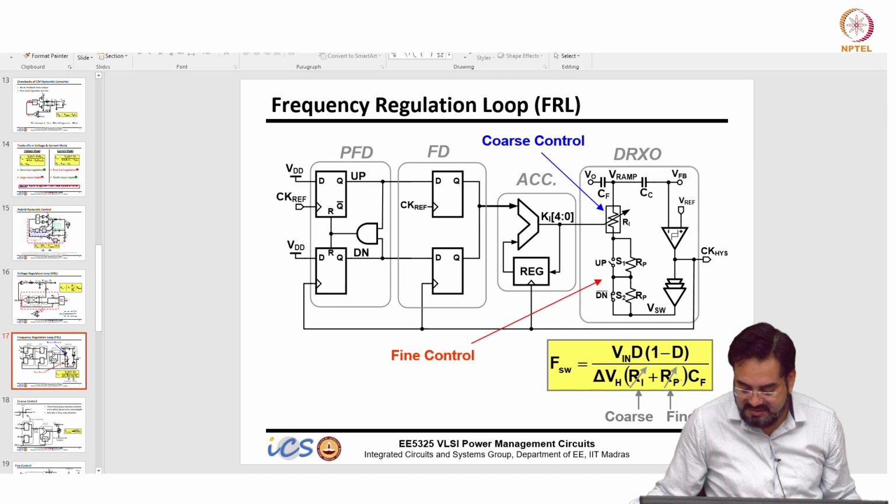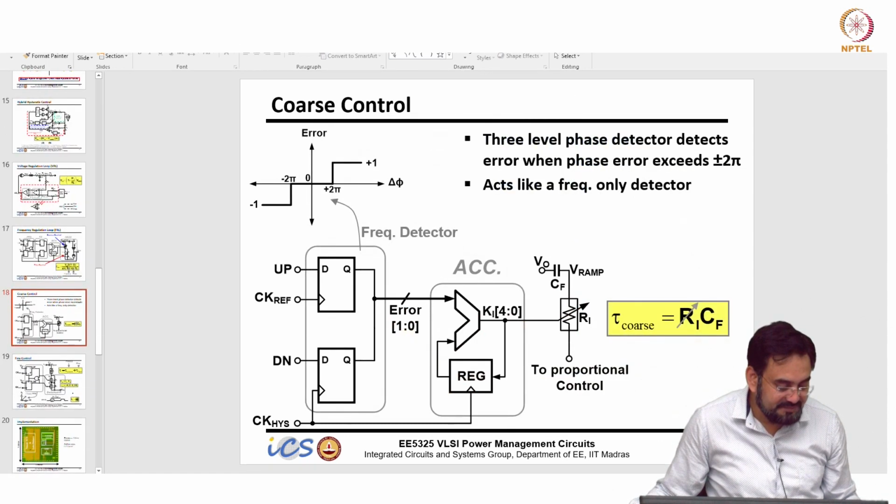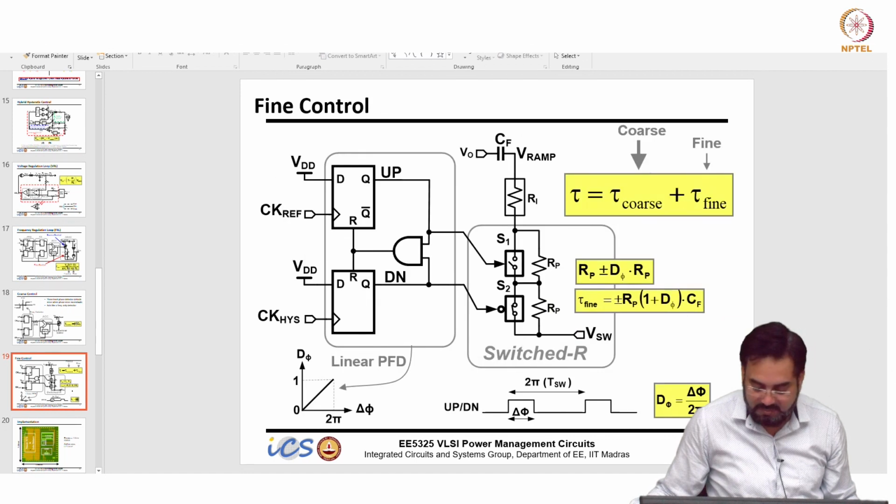So, the same concept is applied here. Now you can think about it: we have two components in the RC time constant, one is coarse, the other is fine, and this RP component is coming from this. If you break your time constant into two components, tau coarse and tau fine,